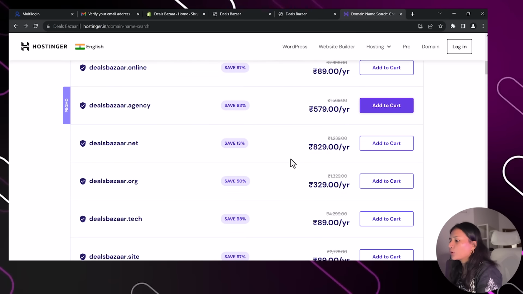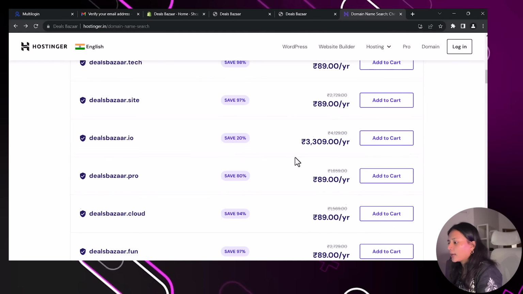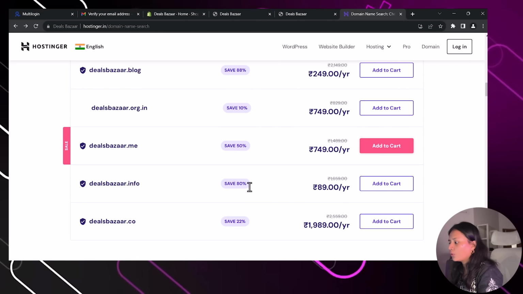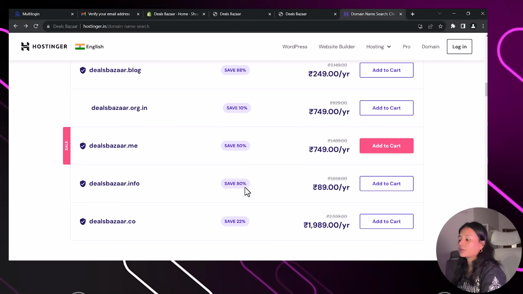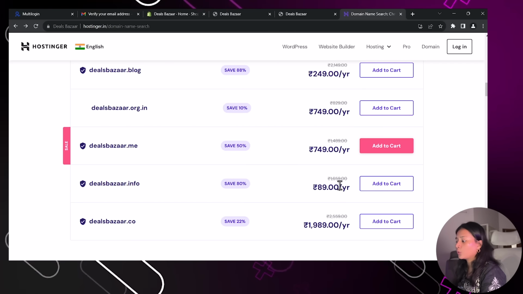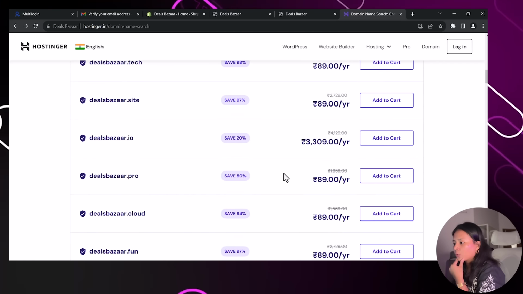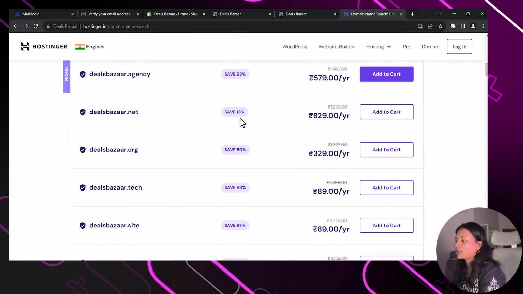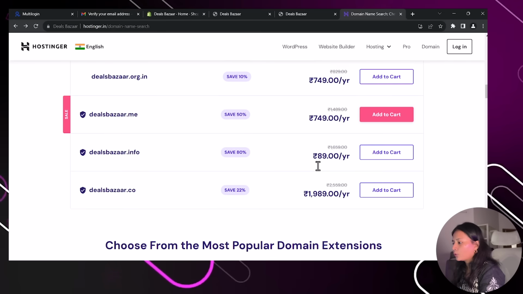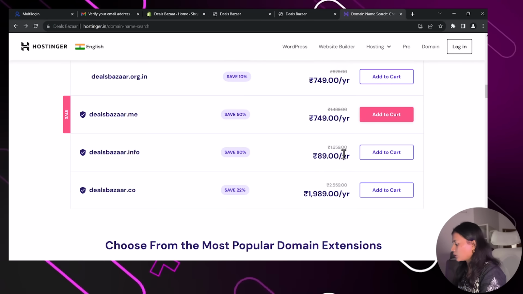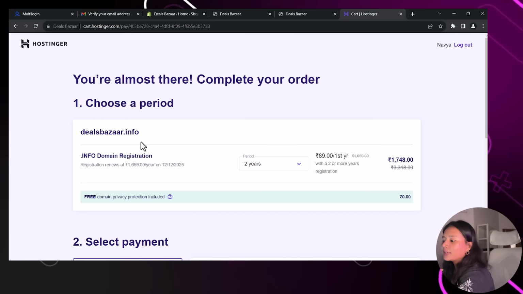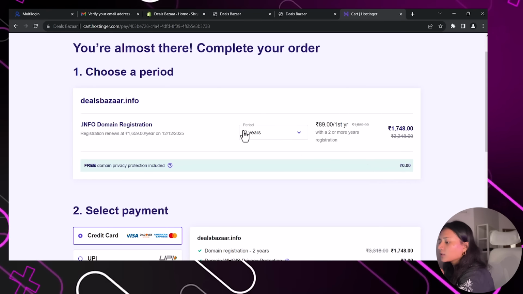dealsbazaar.agency, .net. So what I am going to do is go for dealsbazaar.info because they have 80% discount on this particular domain, or else I'll go for dealsbazaar.net. They have 13% discount on this one. I'll go with this one. This has a good discount. Add this particular domain to my cart, and the domain name is dealsbazaar.info, and this is quite a good deal